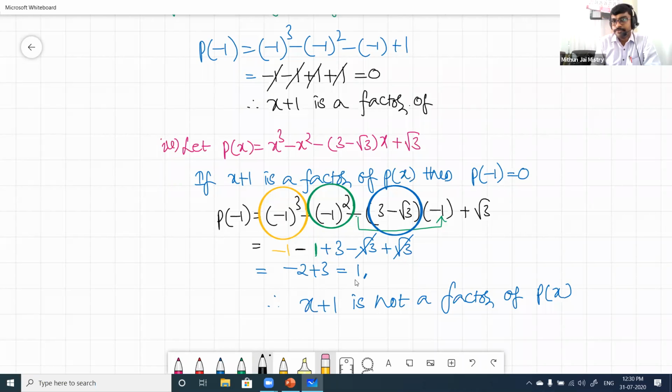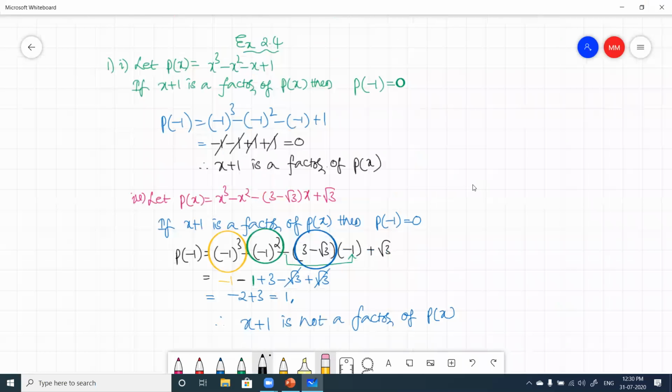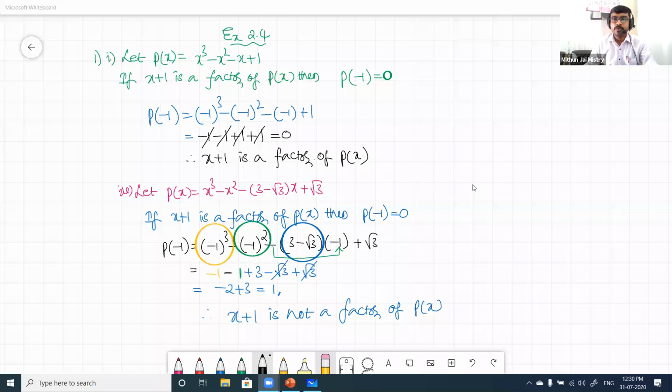Yes, of p of x. So please take a screenshot of this. Done? Yes. So now have a look. Let us talk something regarding the homework, because